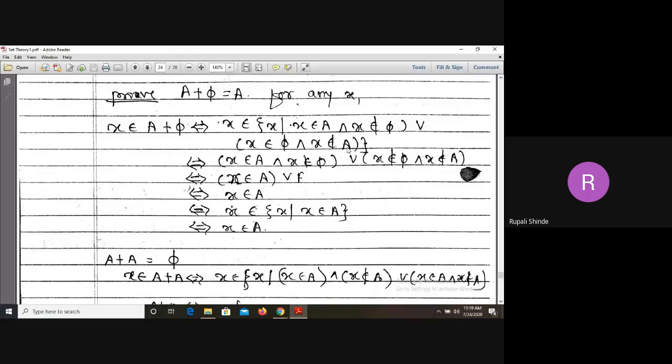A plus phi म्हणजे काय? A minus phi union phi minus A. Again, A minus phi म्हणजे काय? The elements that are present in A but not in phi. Union phi minus A. So again, the elements that belong to phi but not in A. Just we have given that definition here. So again, x belongs to A and x does not belong to phi, or x belongs to phi and